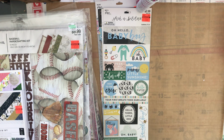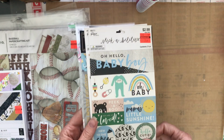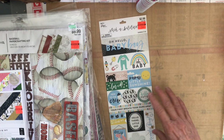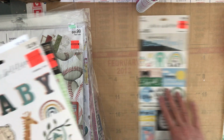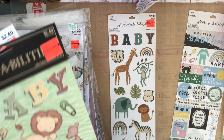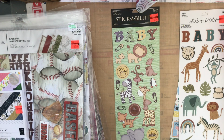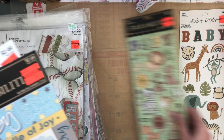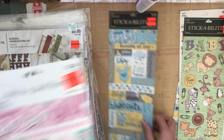Today I wanted to share a quick Hobby Lobby clearance haul. They get me every time. So I went to two Hobby Lobbies and it's all mixed in now, but these cute baby stickers were 74 cents, and a couple different types because I have a whole bunch of baby papers for me to make my albums with, and they're just so cute. 74 cents,